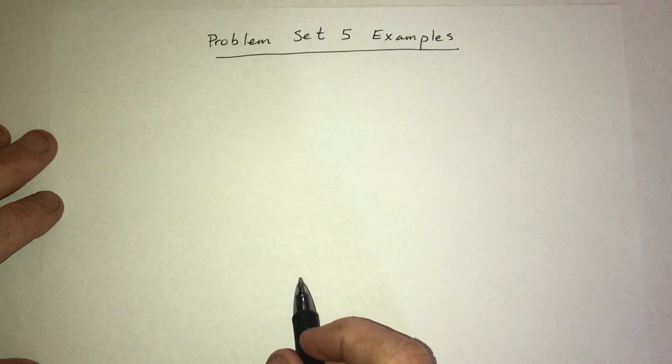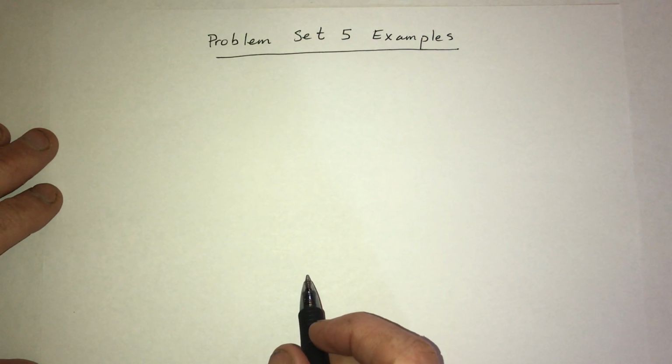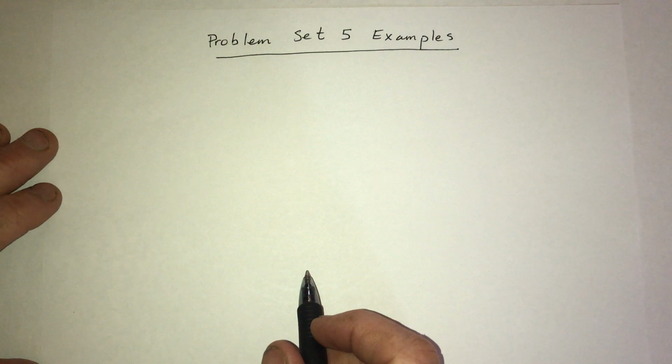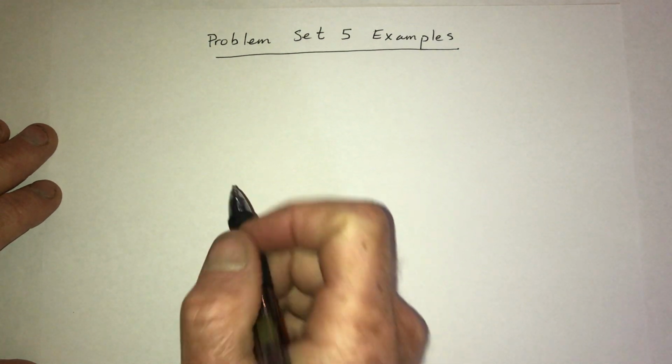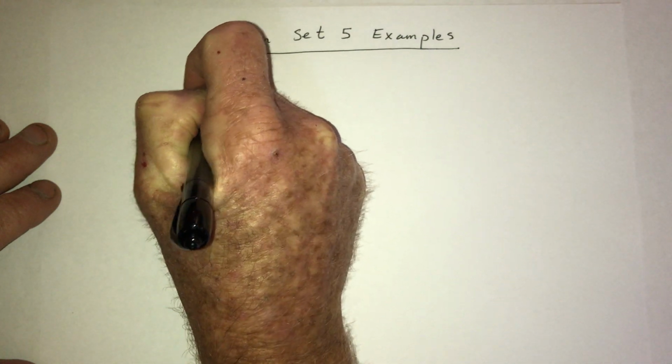Well, we've already made it to problem set number 5, and here's some examples. So this is about integration or finding antiderivatives. Now, at this point in the semester, with what we've learned so far, there's basically 3 types of problems. Number 1,